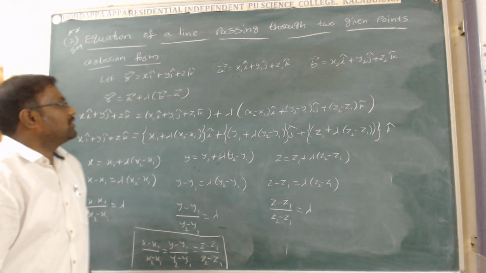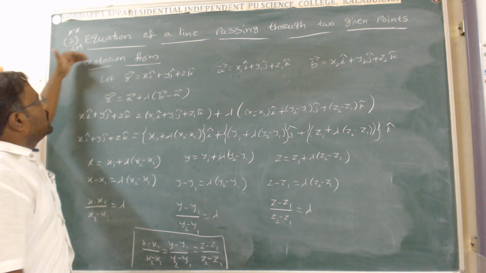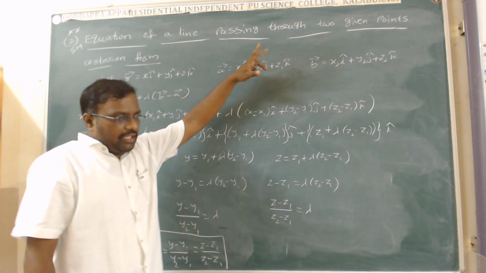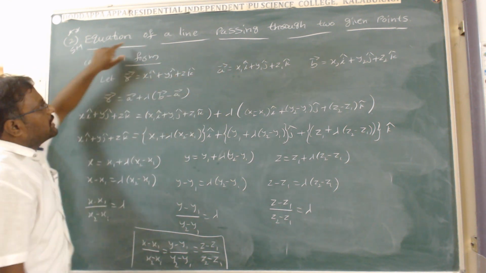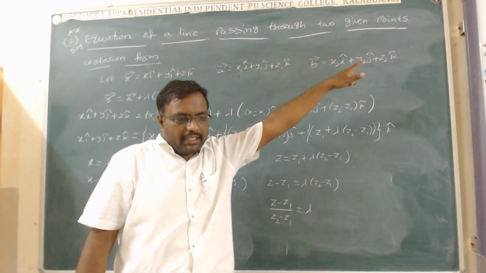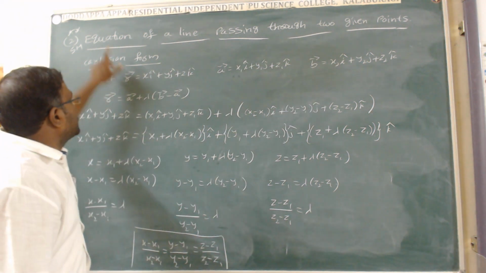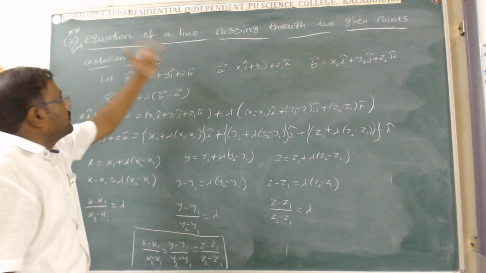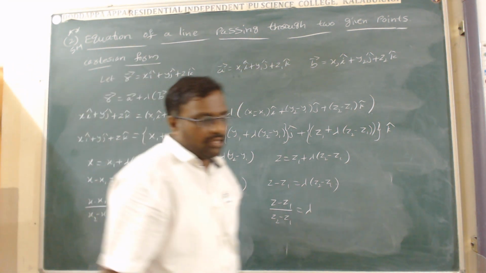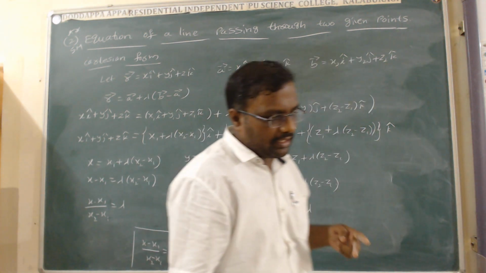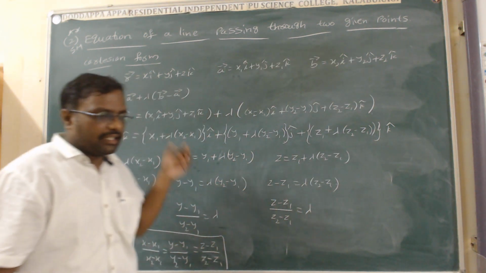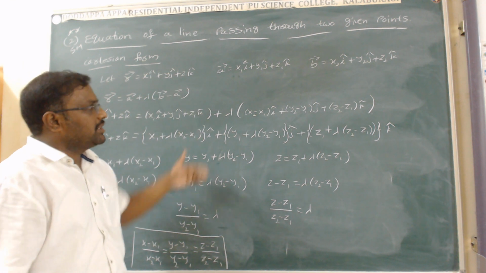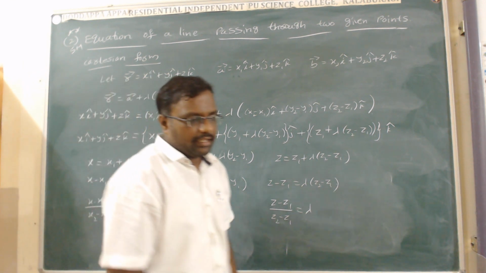Okay, so today we discussed the equation of a line, right? Two theorems we discussed. The first one is the equation of a line passing through a given point and parallel to the vector b, and the second one is the equation of a line passing through two given points. Okay, these two are important theorems. For the first theorem we completed the related problems, and the second theorem's related problems will be discussed in the next class.